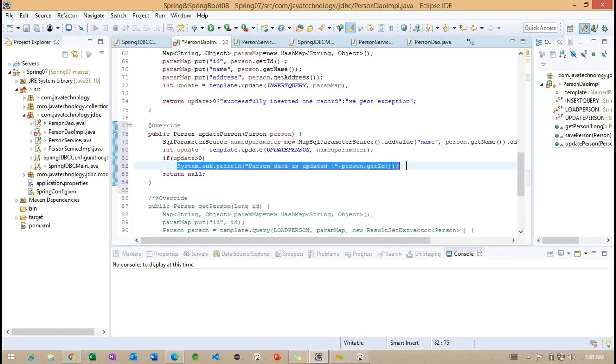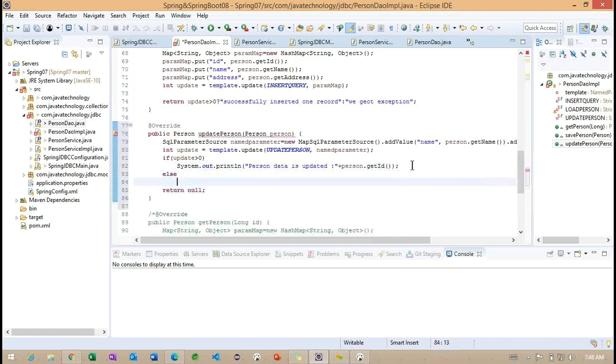Okay. Now let me copy this. Not updated, or we can specify no employee found.